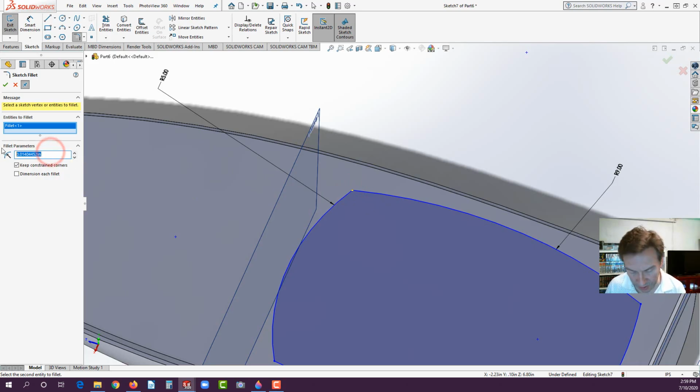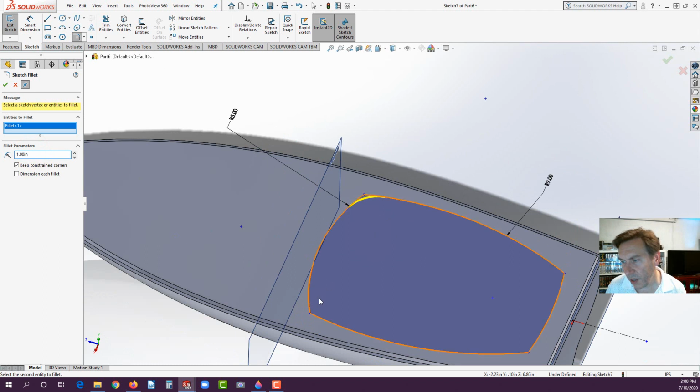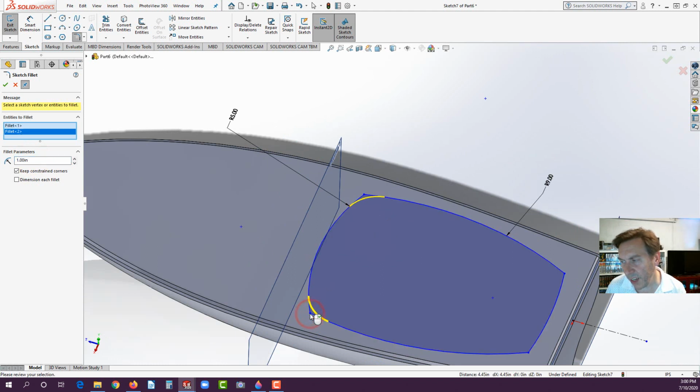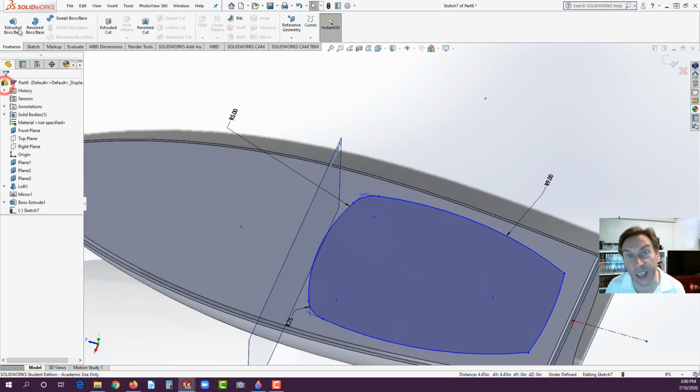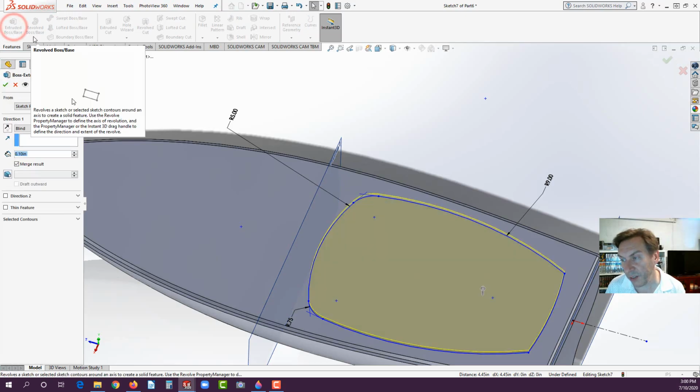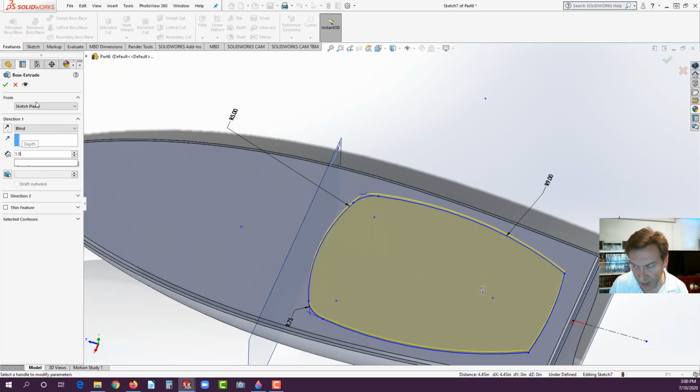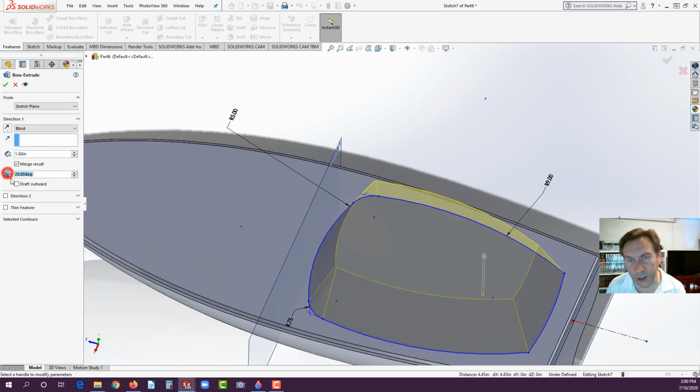I'm going to increase that to 0.1. Let's see. Let's go with maybe, let's try 1 inch. It's a bit on the dramatic side. Maybe not so much. Let's go with 0.75. There we go. All right. Hit the green check. Now we could go ahead and go to Features. I'll hit the green check again. Extrude Boss,